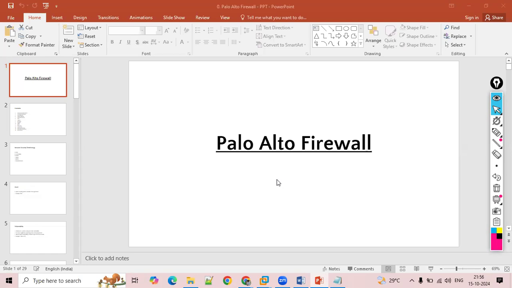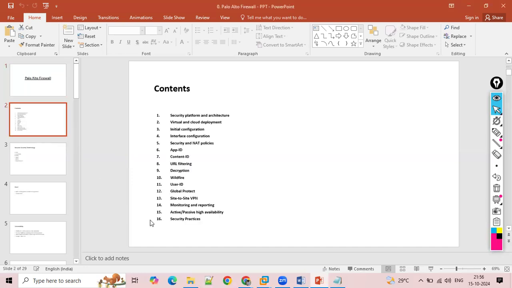So why are we using the Palo Alto firewall? There are multiple firewall vendors available in the market. Palo Alto is one of the top leaders, and we can consider it among the top three firewalls. So let's start learning about the Palo Alto firewall. First of all, we will check